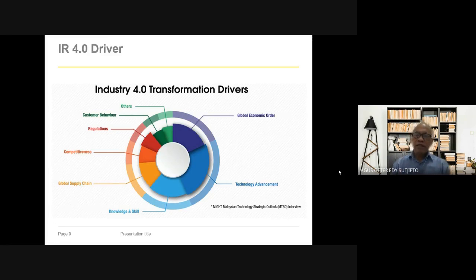The important thing is the order from the customer. If there is no order from the customer, then there is no need for automation or Internet of Things, because it will be costly, and without any order the price will be overloaded. So if we sell pisang goreng, for example, there is no need for Industry 4.0.